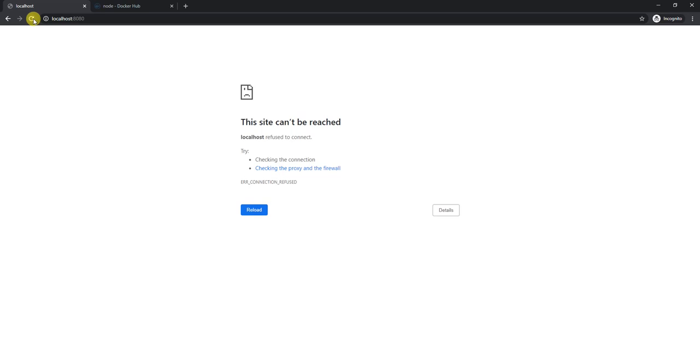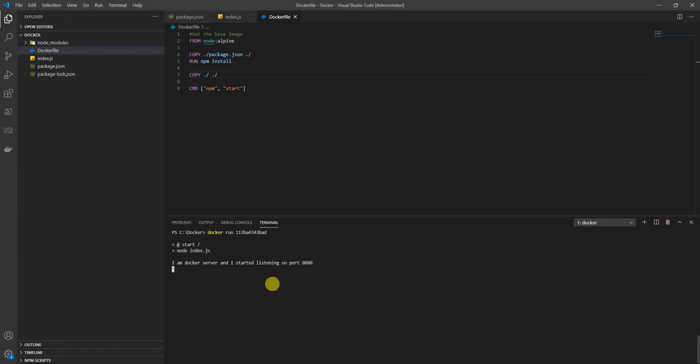So what we have to do is map our local port to the port of the container which is listening, basically 8080 in our case. That's called port mapping in Docker. That's the next step we need to do, else our local machine couldn't find anything. That's the reason nothing has been loaded. Okay, so let us do the port mapping now. The command for port mapping is pretty straightforward. That is docker run, then -p,